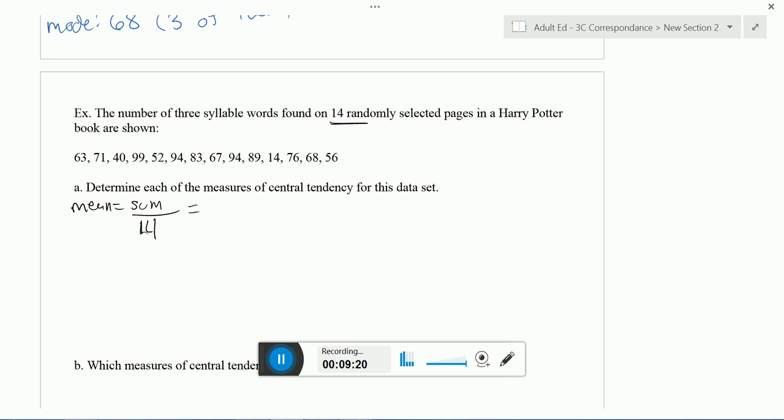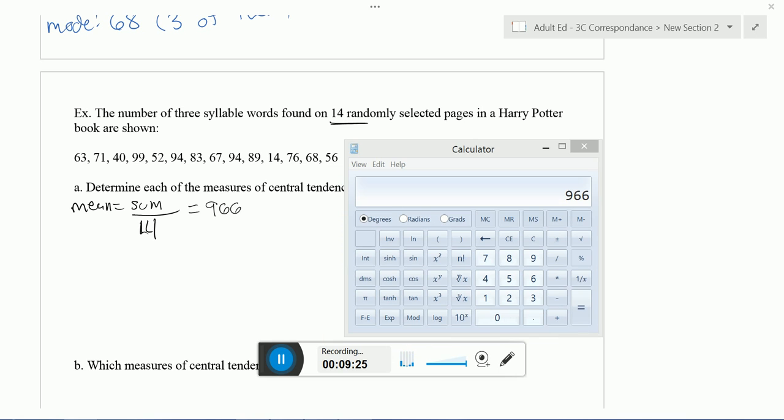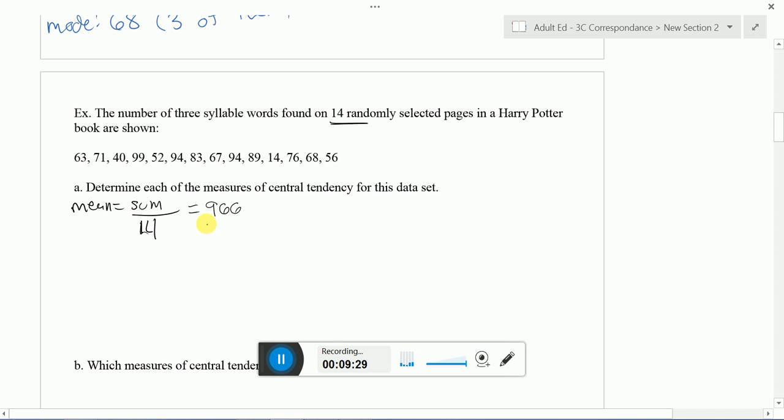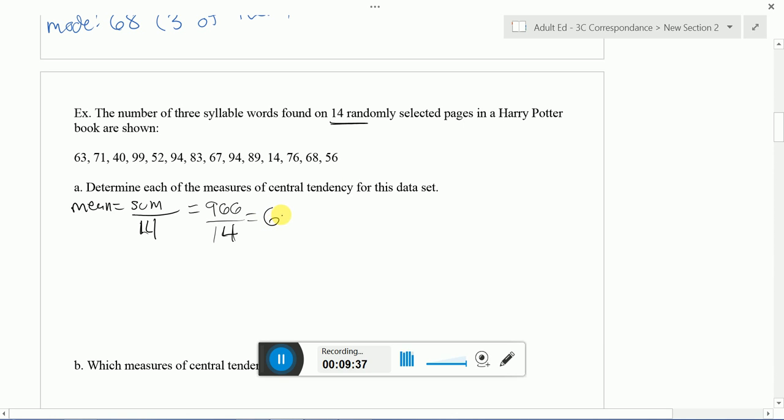So if we do that, and again, I'm going to pause the video, do that. So adding all the numbers together gives us 966. Again, to find the average, you divide by how many there are, which is 14, and that gives us 69. So the average number of 3-syllable words is 69. If we want to find the median,